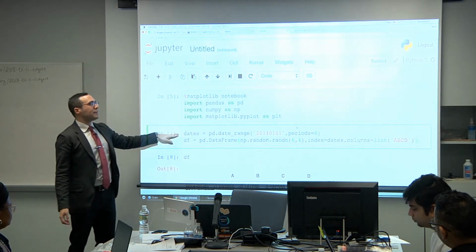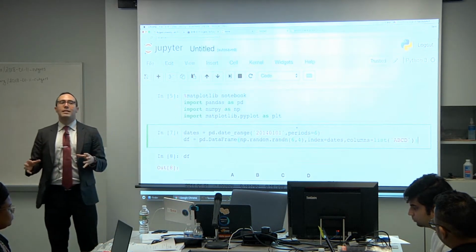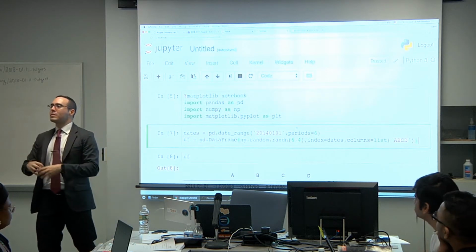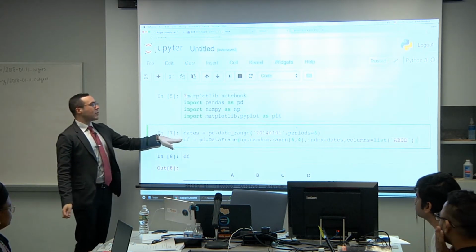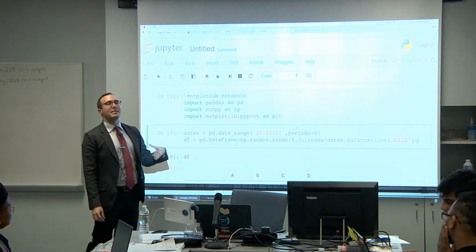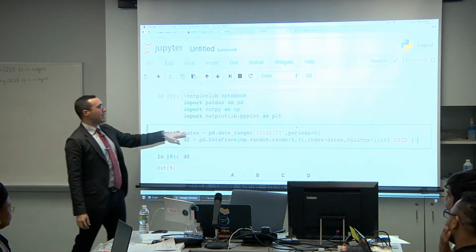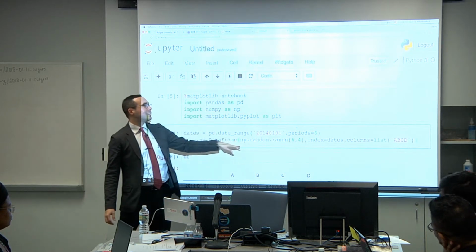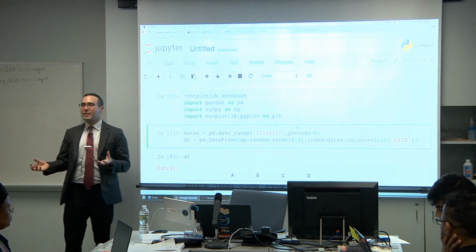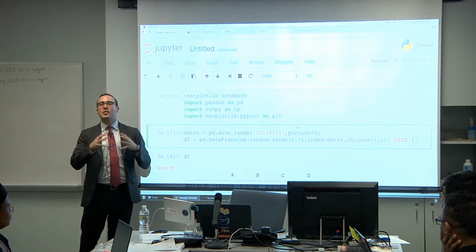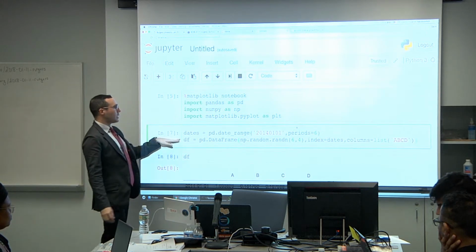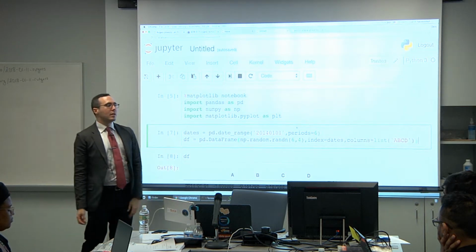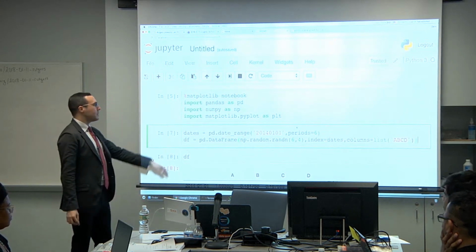There's a lot of different functions in Python that let you generate data. So I'm not having us use a data set here, we're generating data. The second row, we're also going to generate data with a different function. The one up here is through pandas. The one down here is through pandas and numpy together. So I don't know if we've seen this yet, but we can combine packages together. So we're going to create a data frame. I like calling data frames df in general, or you can give it a specific name. So df